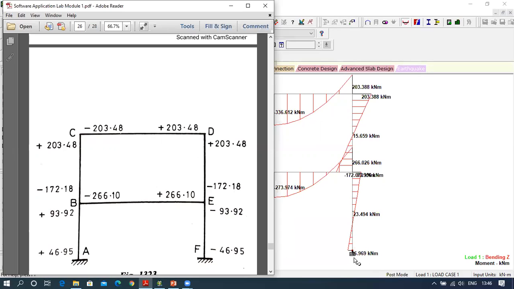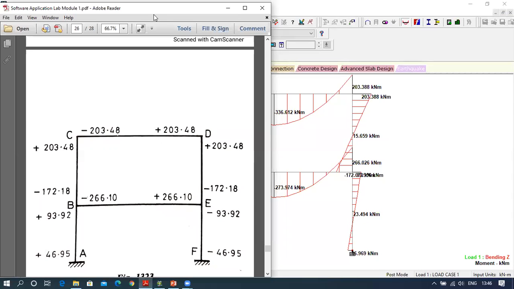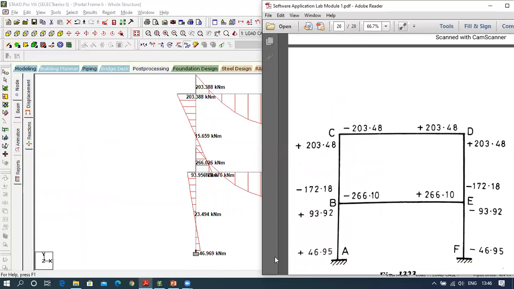So this is 46.969 and here at midpoint is 23.494. So here it is 46.95. Here it is 93.95. Here this is 266 point hogging. This is 266.026. And this is sagging, that is 203.38. So the results are correct.